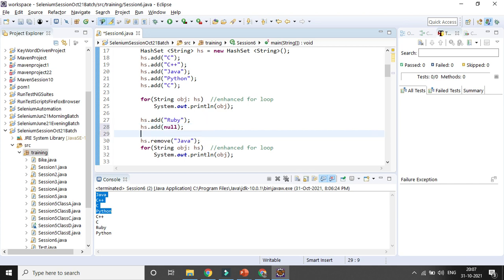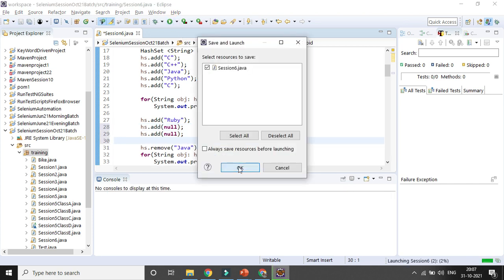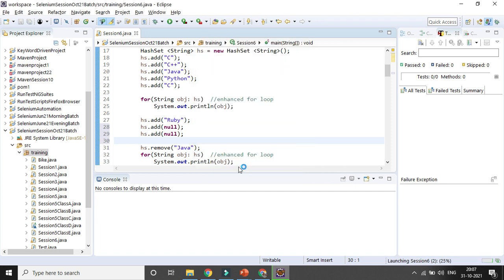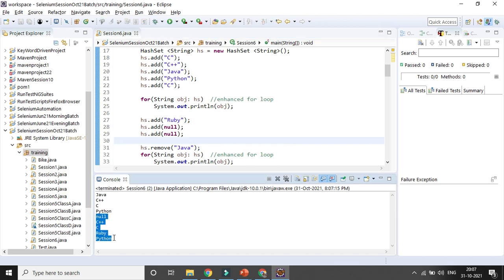You could see this is the second part, only one null value is there, though you have added multiple null values. So it will filter out the duplicates, but order it does not guarantee, right? To overcome this, we will be using tree set.